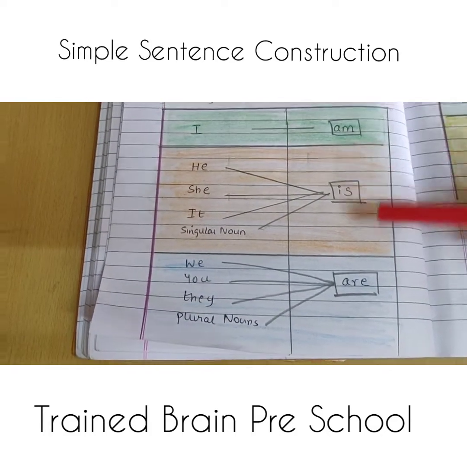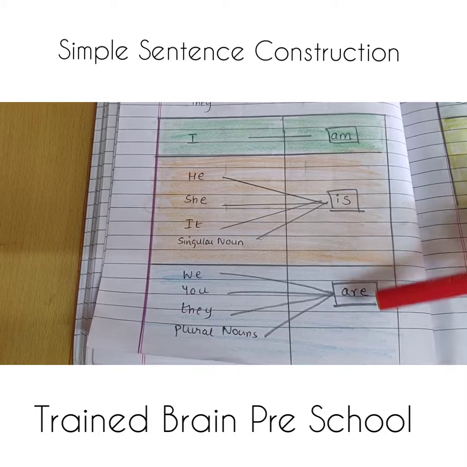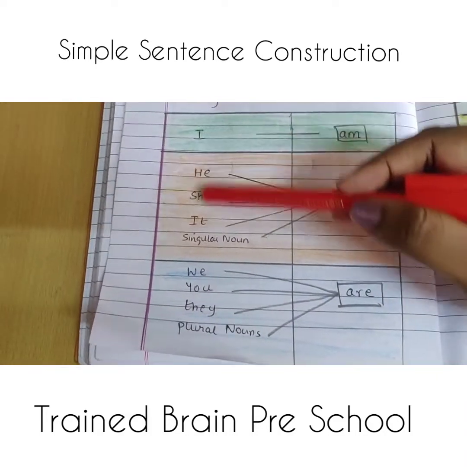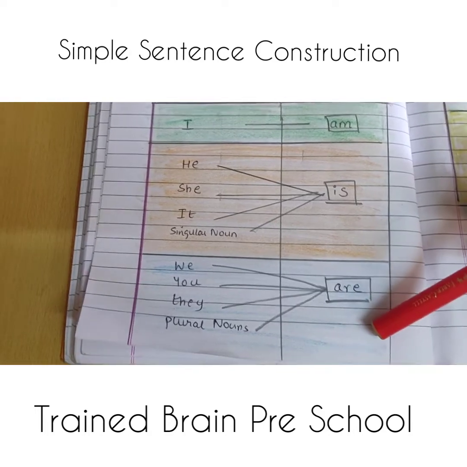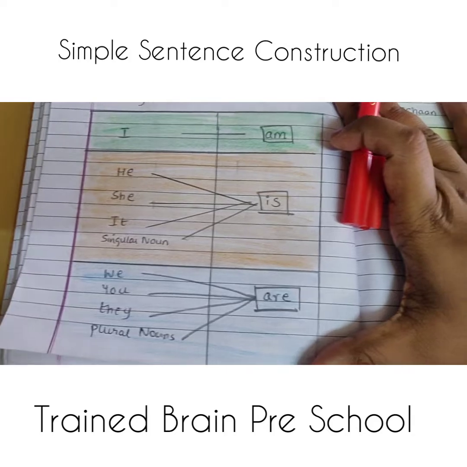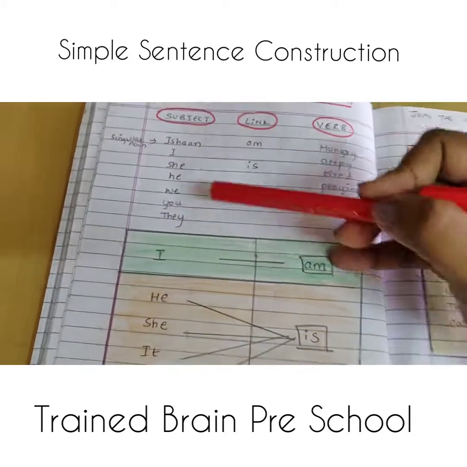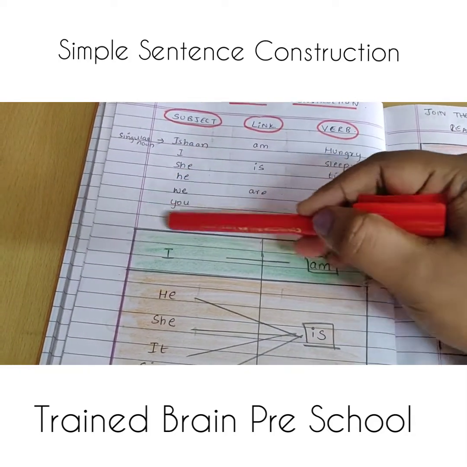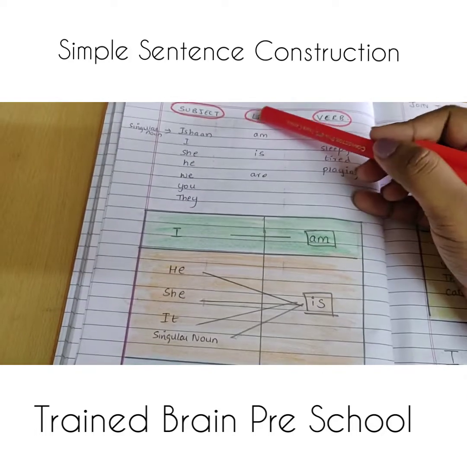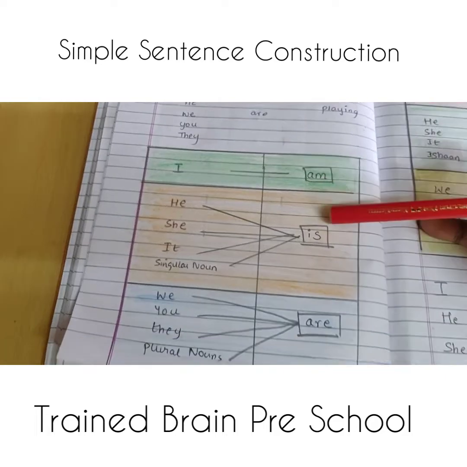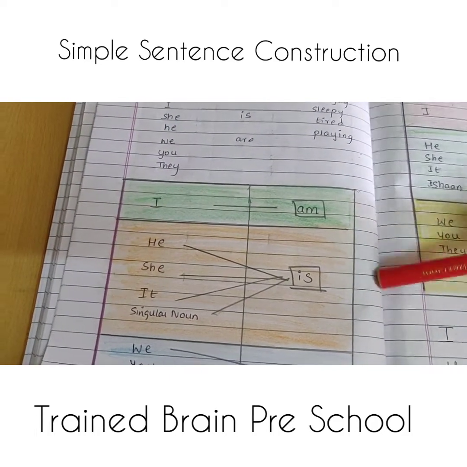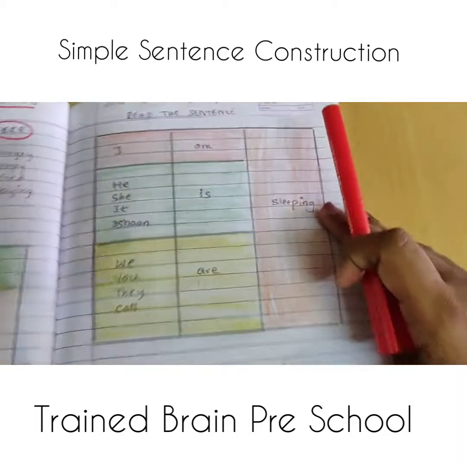Once we understand the usage using this tabular format, and what words need to be used with the linking words, it becomes easier for us to construct the sentence. So I have tabulated. So what we need next? We have listed the subject, and we have linked the linking words as am, is and are. So what should be the next one? We need to have our action word. So let's move on to reading with the action.